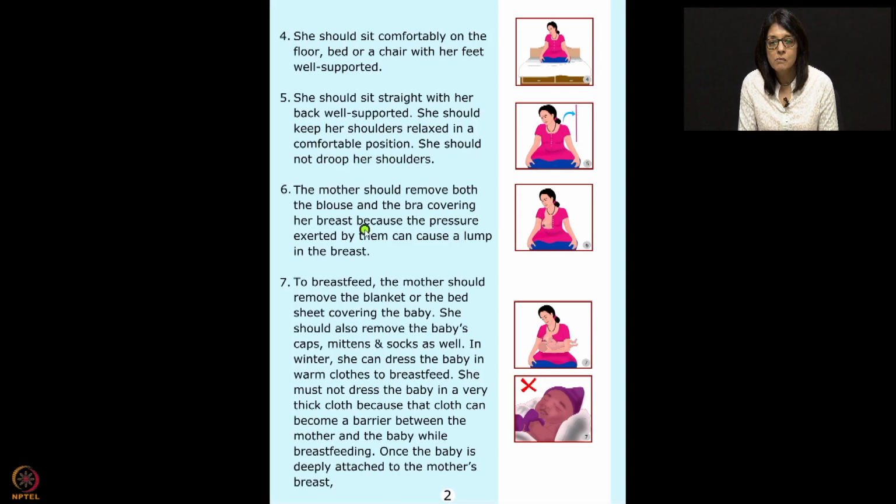Mother should remove both the blouse and the bra covering her breast, because the pressure exerted by them can cause a lump in the breast. Now again, I have explained this earlier also in my live session, that you want to make sure that mother kind of gets this